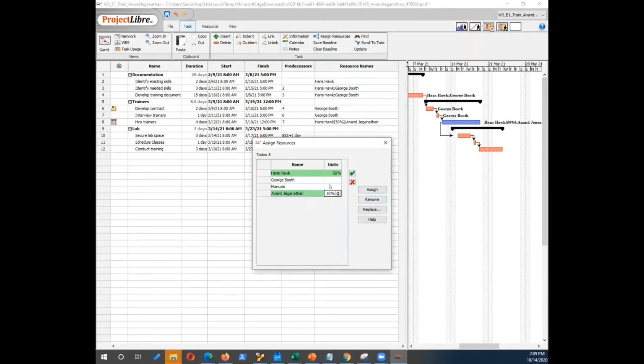And then I'm also going to assign the manuals here. Okay, so I'm going to say we're going to train like 10 people. I'm going to allocate 10 manuals, right? So here you can see that manuals 10 assigned. So that means I'm allocating,